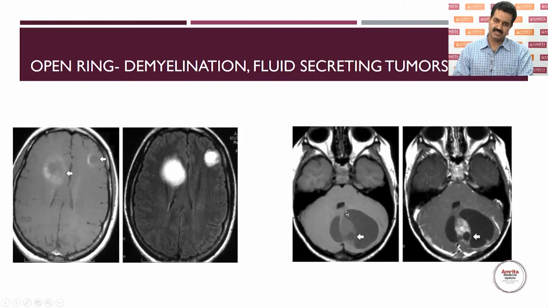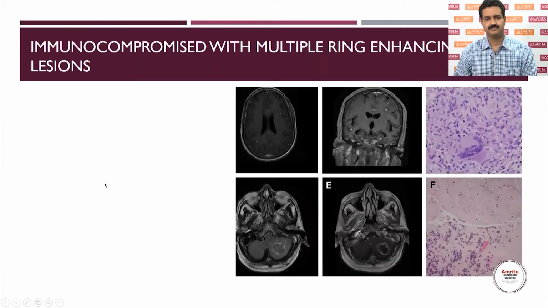So similarly, this is pilocytic astrocytoma, where you can have a cyst secreting portion and a partial enhancement of the wall. It's not fully enhancing because of the high content of fluid. It is not completely enhancing. However, there are areas where there is tumor activity. Those areas will be showing enhancement. So this is an incomplete ring configuration with cystic lesion, pilocytic astrocytoma, and this is open ring, the most common form where there is tumefactive demyelination.